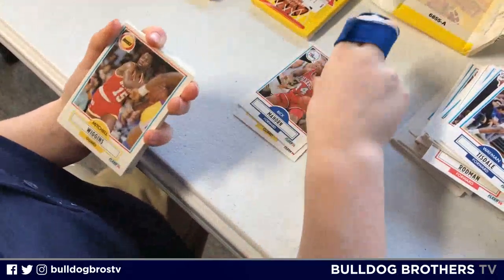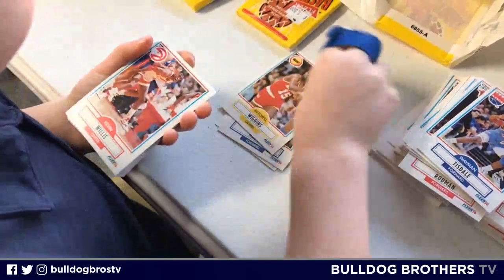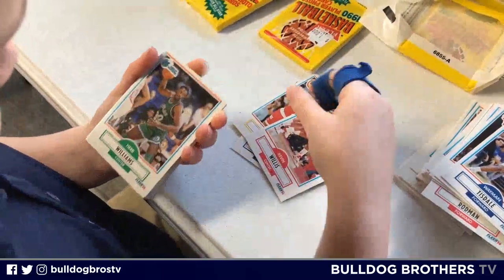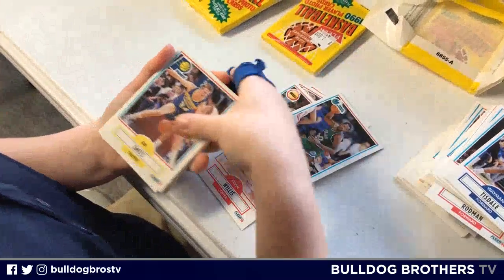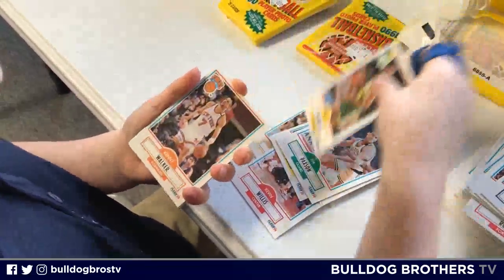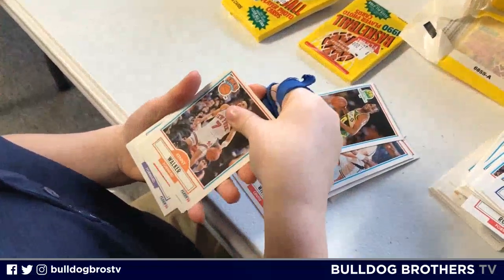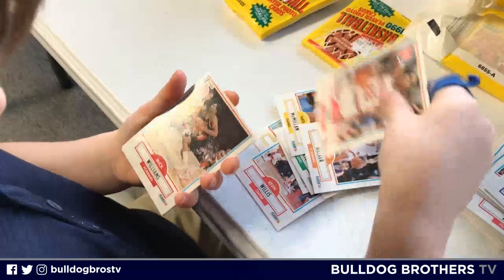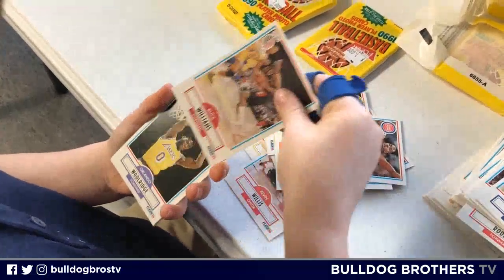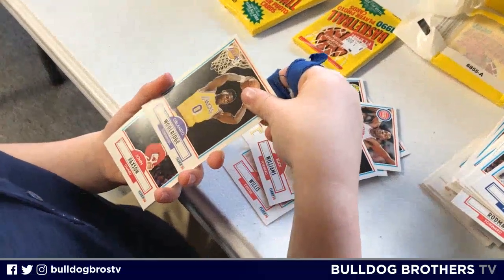Okay, who do we have here? Rick Mahorn, Mitchell Wiggins. All right, Kevin Willis, Herb Williams, Rik Smits of your Indiana Pacers, Jim Paxson, brother to John, Nate McMillan, Kenny Walker, Skywalker, Orlando Woolridge, oh, back there, John Salley, Buck Williams, there's Orlando, John Paxson, Jump